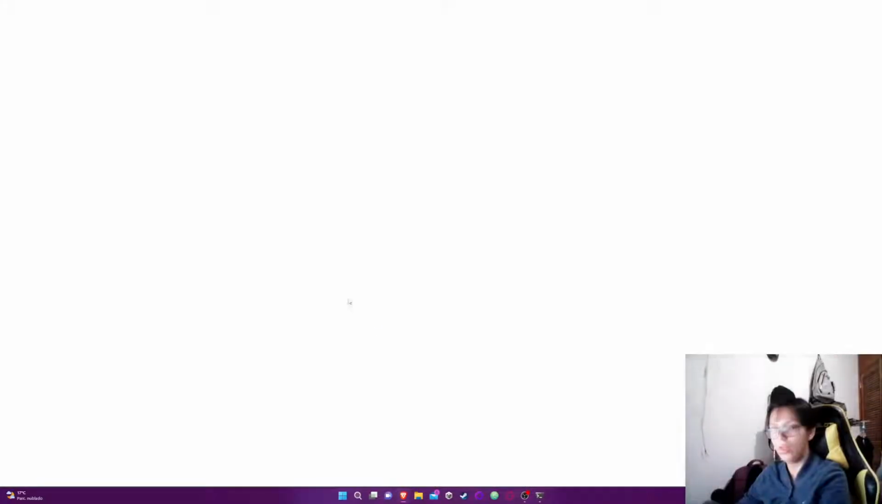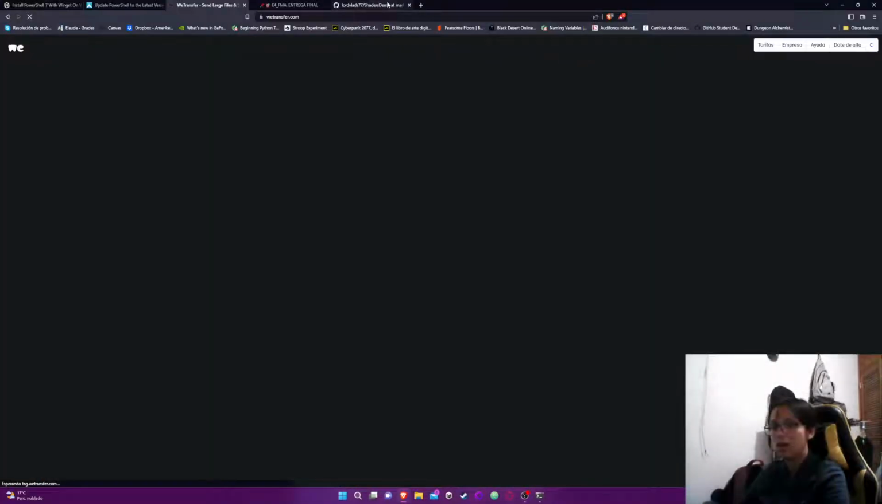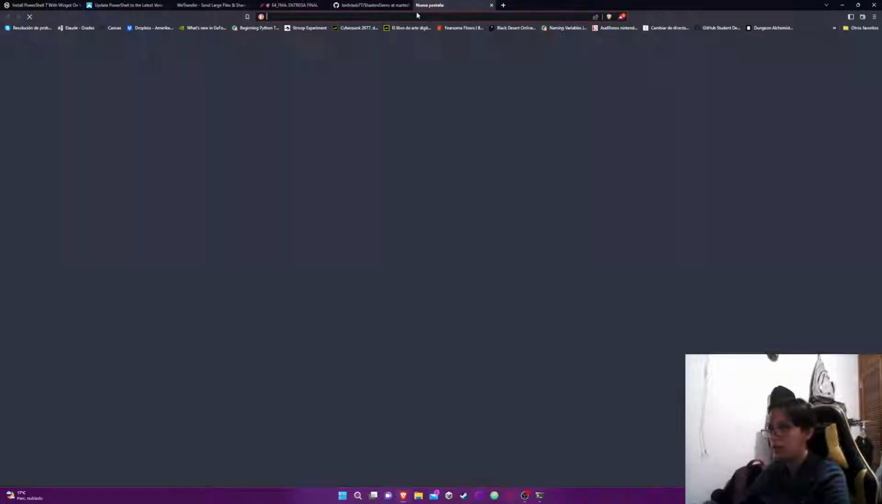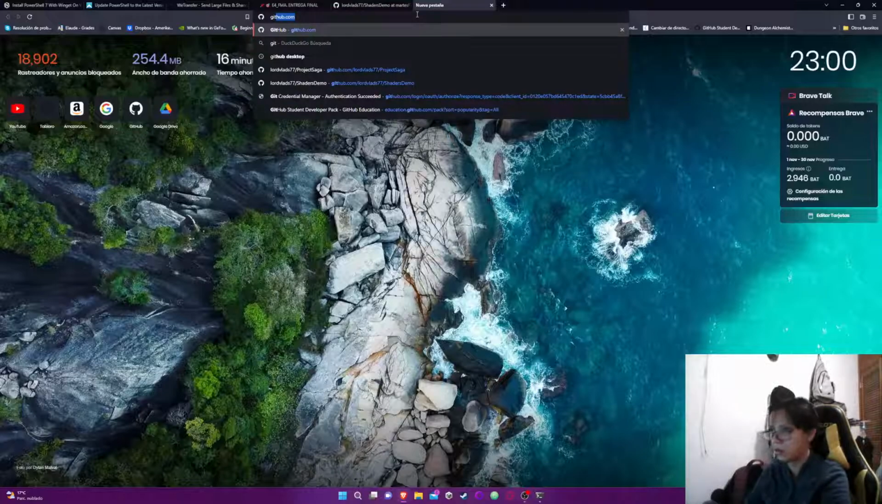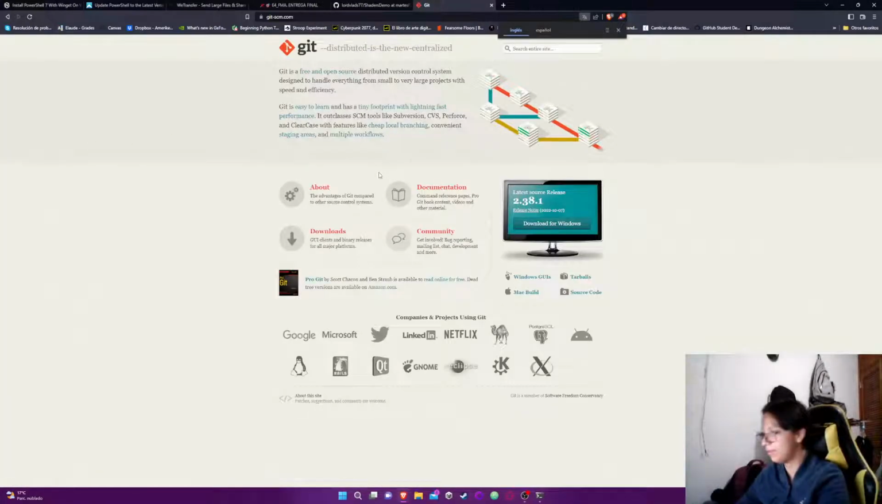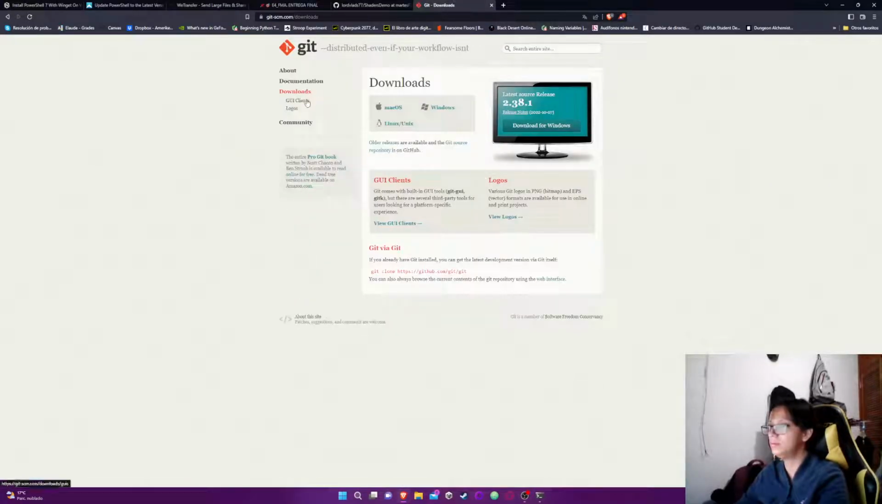First, we're going to download Git. We're going to search for Git, and I use DuckDuckGo for this. You click on download for Windows, or if you're on Linux or macOS, the option for that. After you click,